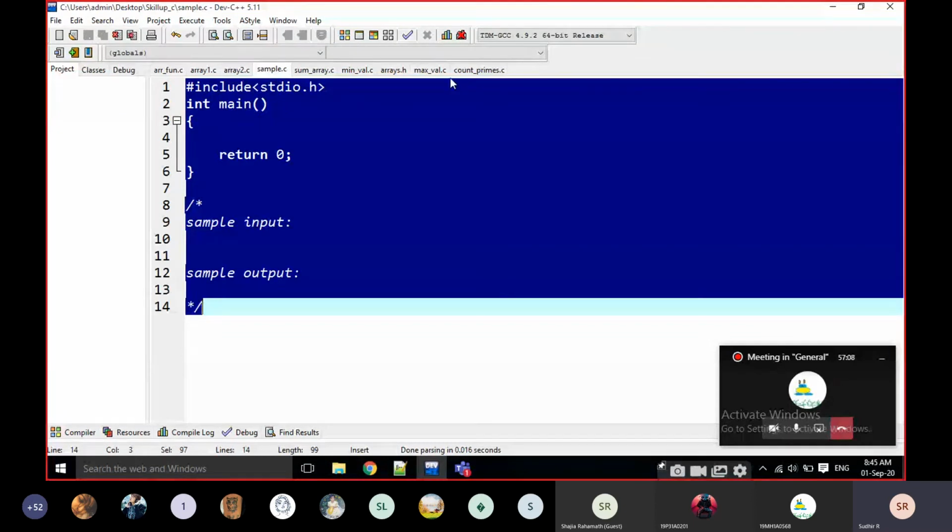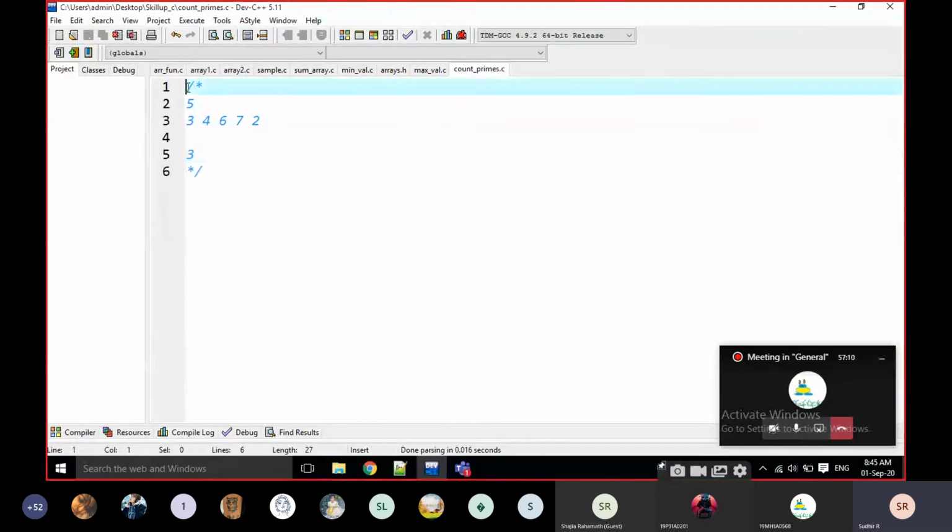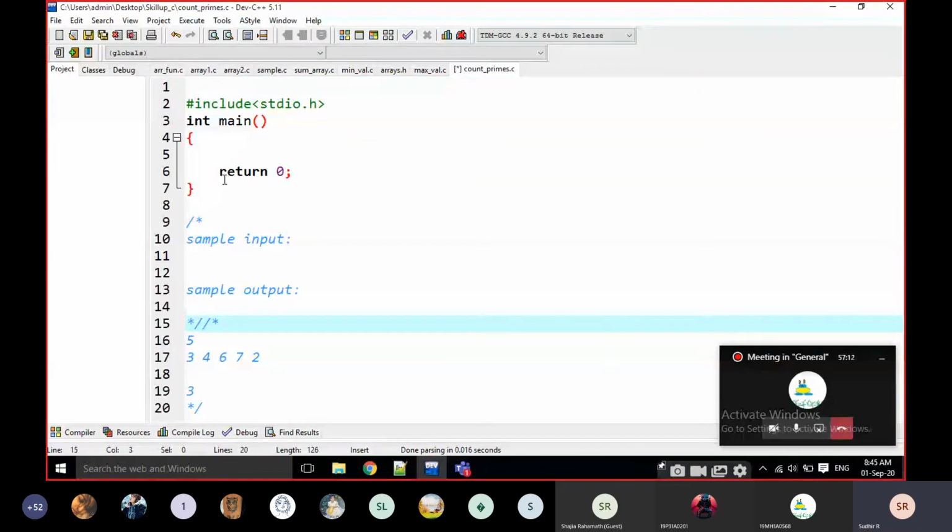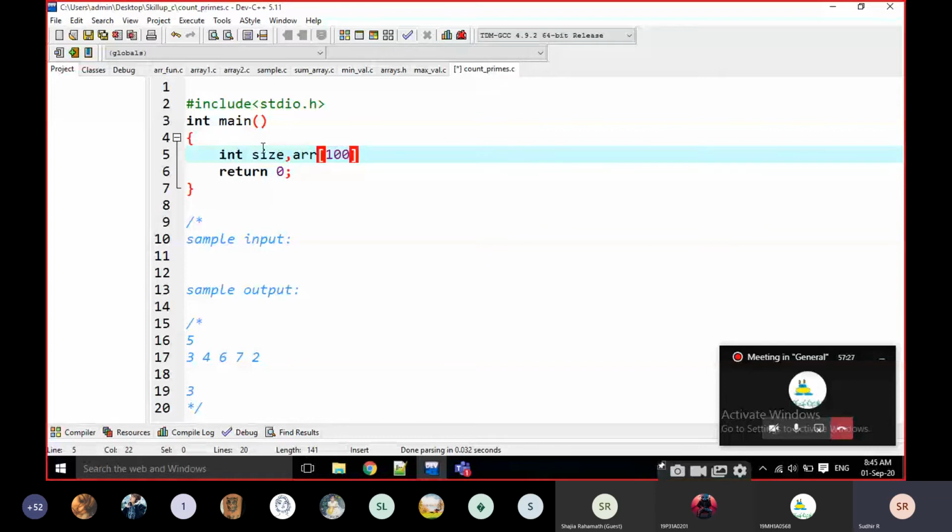Okay, I'm going to write. Is my question clear? I'm going to find how many prime numbers are in that array. I'm going to read size, comma ARR of 100, and the next one is for iteration.